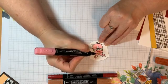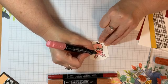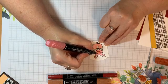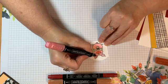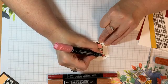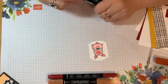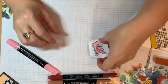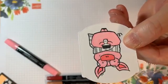Actually, I think I meant for that one to be light. Yeah, I did. I'll do it on the next one. It's still okay, but I just wanted it to look a little bit different than the ears. So you see, when I do it for the ears, it's very bright. But the nose, I wanted to be just a touch different. I made this mistake before, but that's okay. It's not like a big deal. And so, as you can see, it's barely noticeable right now. You notice it more on my